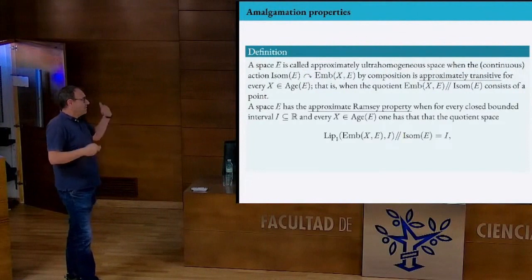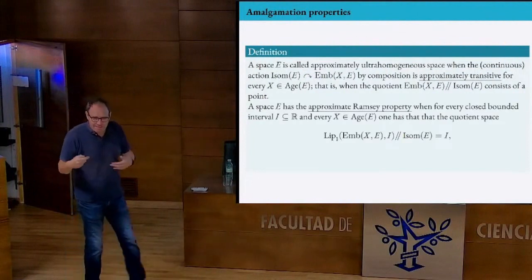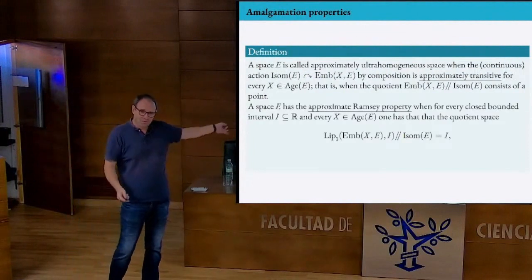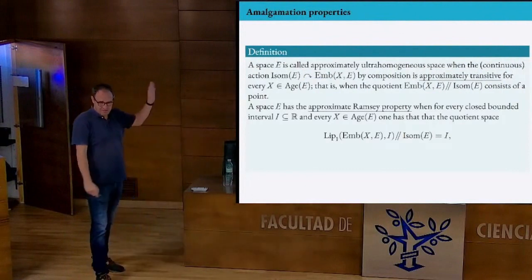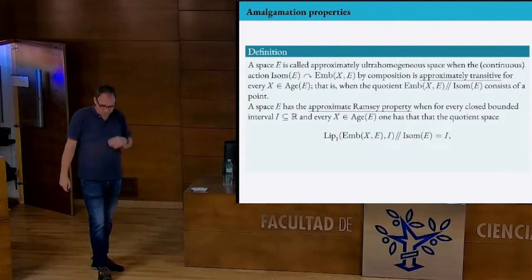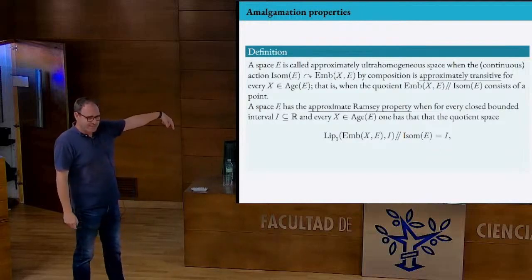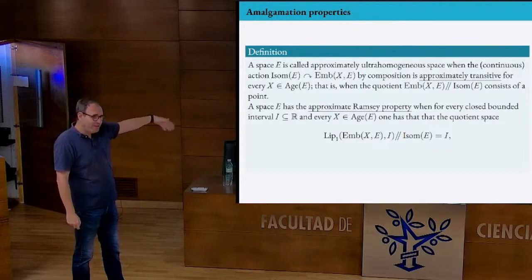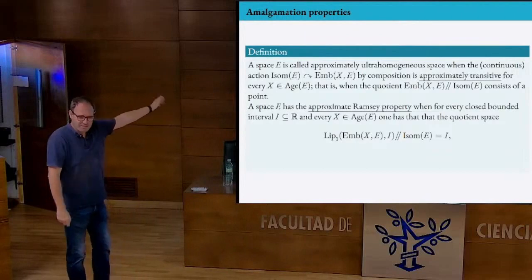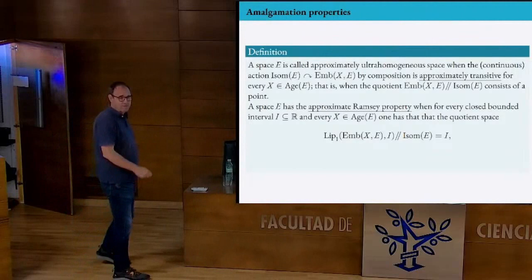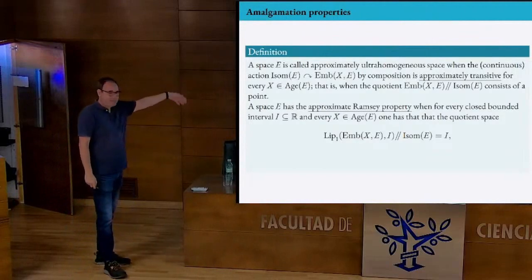Well, the approximate Ramsey property, which is a finitary statement, I am not going to write it down there because it's useless now. But thinking a little, you might express it in this way. Since the slides are going to be online, if you want to take a look, this is in there. I think this is not important for the moment. There is a way to express that.